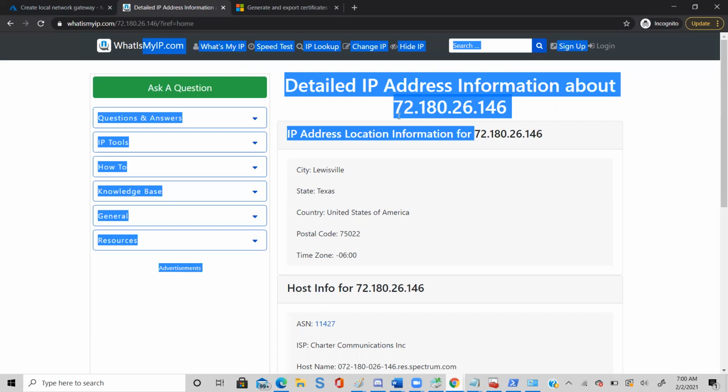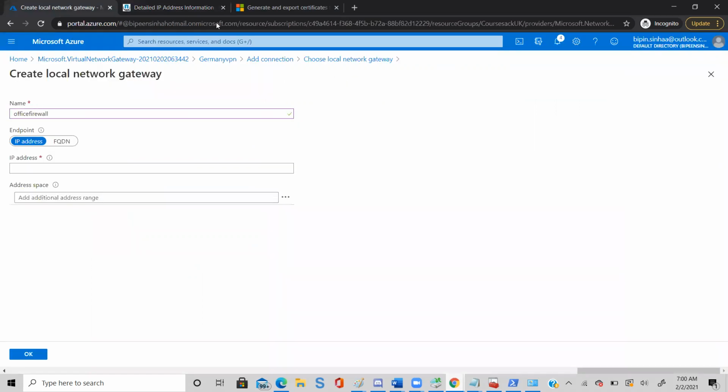Hold on, let me copy this IP. Your browser was actually freezing, right? Yeah, just try paste here. Yes, click OK.